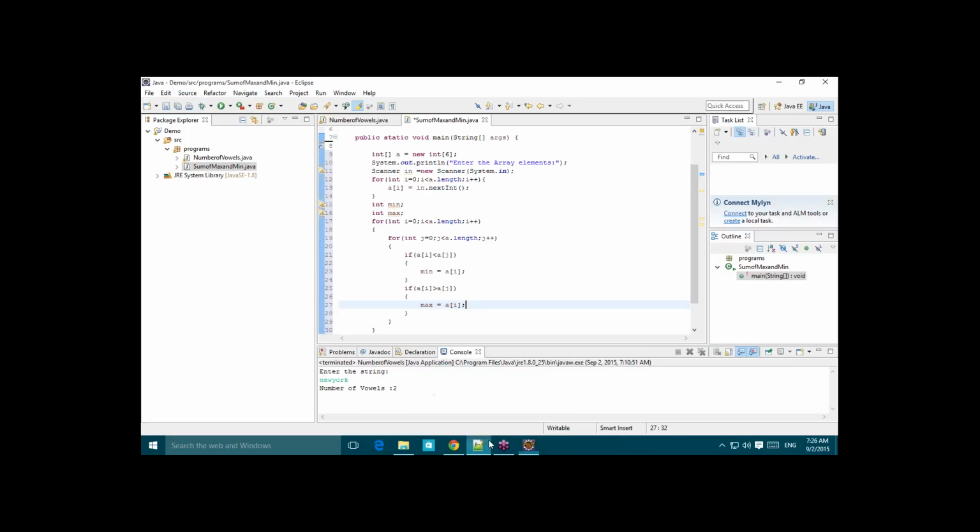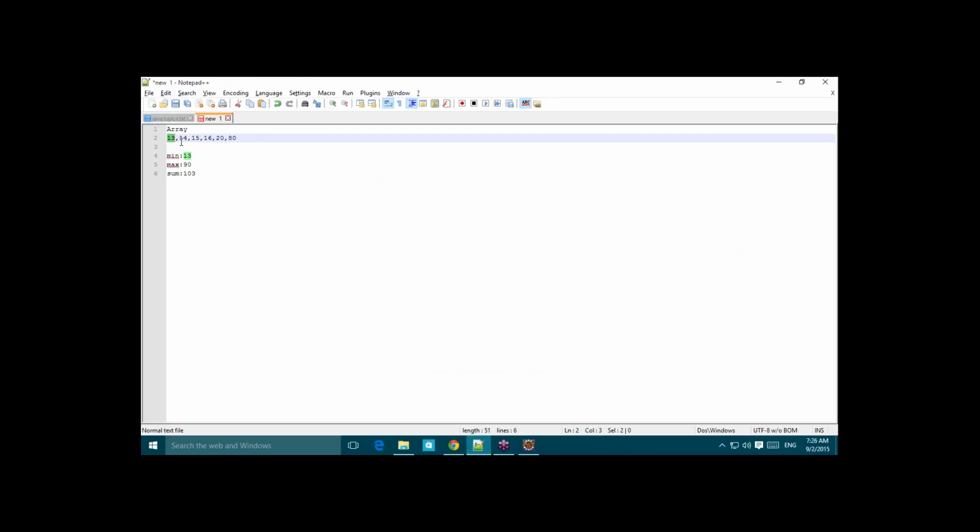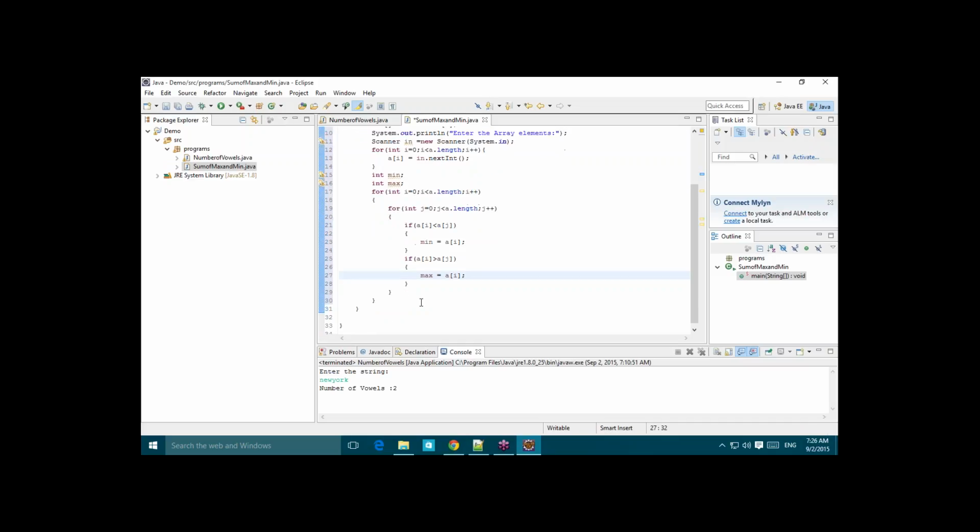So the condition will complete here, and i will come to 80, right? Now let us take i as 80. 80 will compare with 13, 14, 15, 16, and until 80. We will get 80, right? So now what we need to do is we'll put sum equals